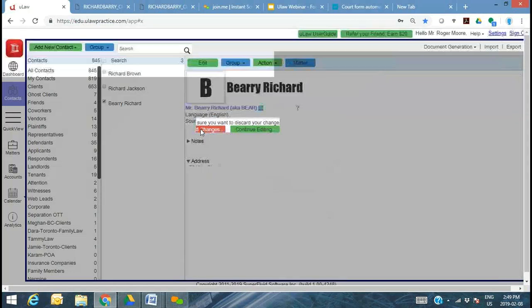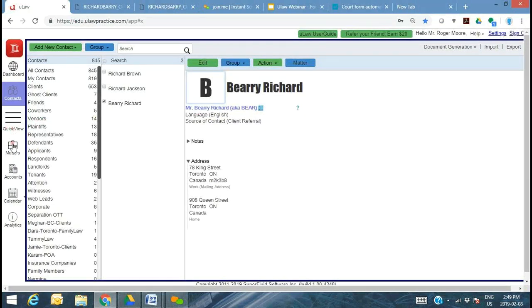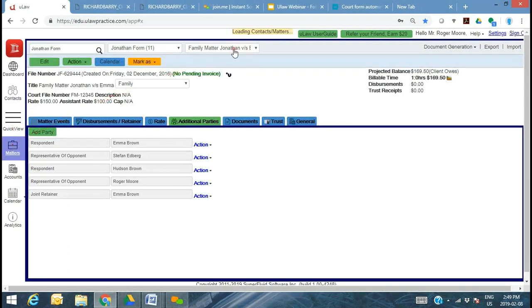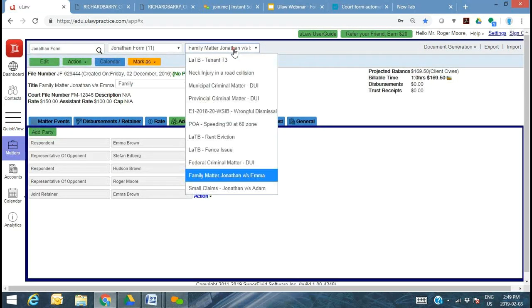Let me get out of here. All right, what else is a good example? Let's do a landlord and tenant. One of the most commonly used features, or areas of practice where a lot of our clients use it, is the landlord and tenant. So let's say rent eviction,